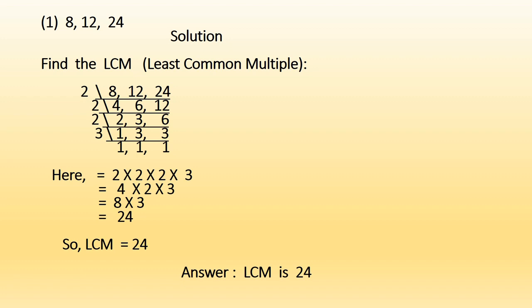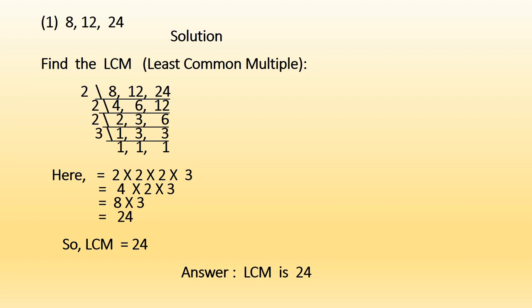After dividing the numbers, we get 4, 6, 12. Then again all are even numbers, so we can divide by 2. After dividing, we get 2, 3, 6. Students, please look on the screen, be very alert. Here now we have two even numbers and one odd number. 2 and 6 are even numbers, only 3 is odd. So we can divide by 2 again because two numbers are even. After dividing, we get 1, 3 and 3.